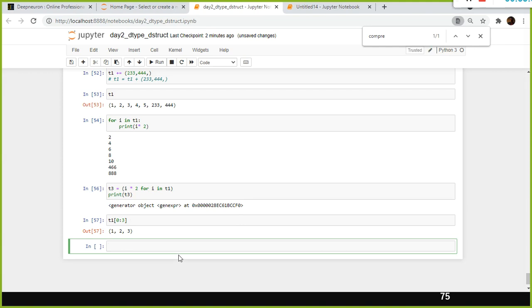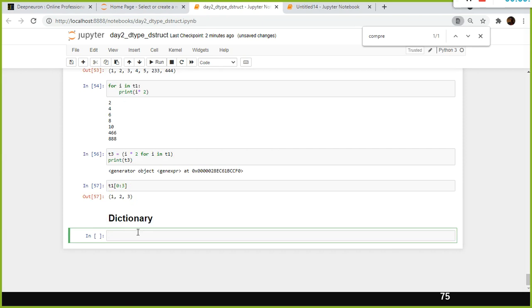Next we will see how we can define another data structure called dictionary. What is a dictionary? Another data structure called dictionary. So d is equivalent to, we have something called the dict function, but instead of that we use curly braces. You have to use curly braces to define a dictionary. In the dictionary you can store key value pairs.